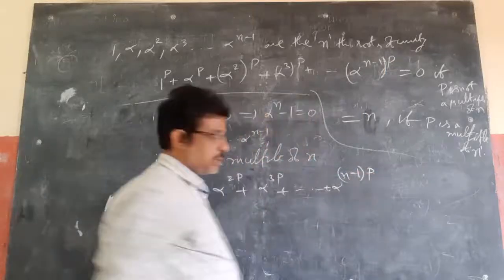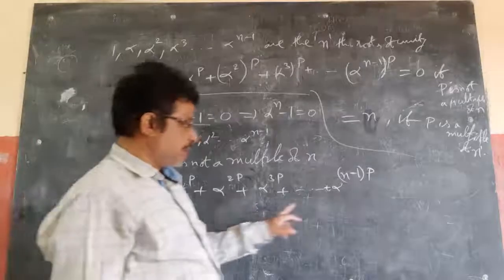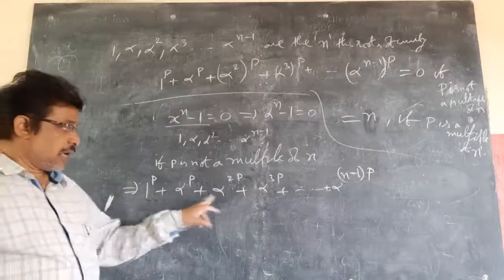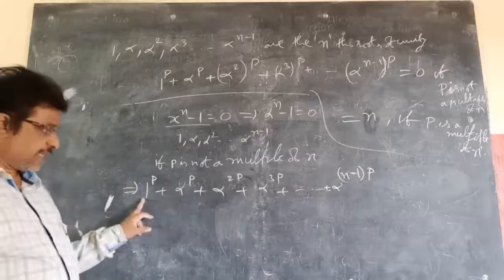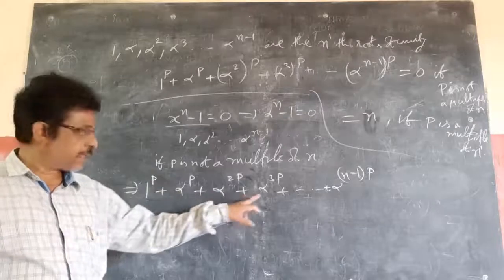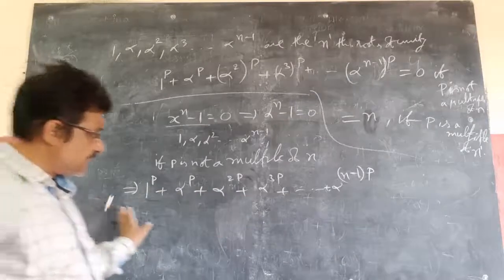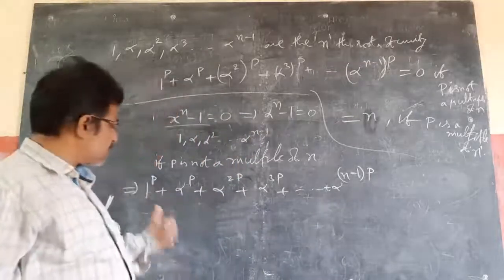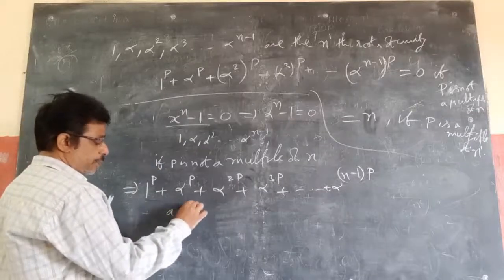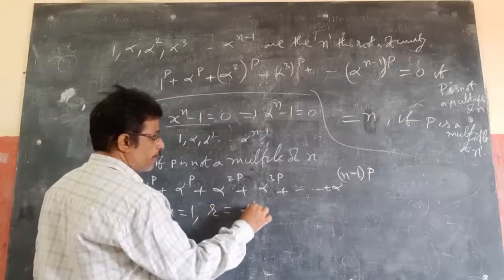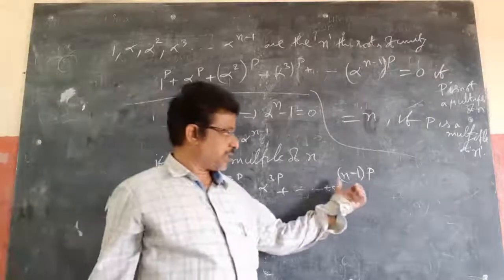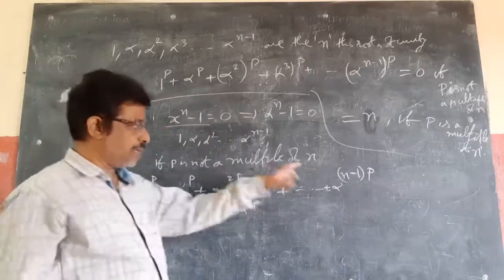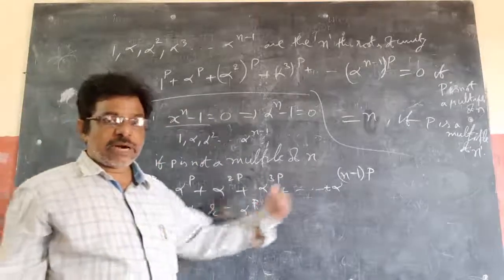This value we need. See, if you observe, this is a GP whose common ratio is alpha power p. This by this is alpha power p, this by this also alpha power p, this by this also alpha power p. So this is a geometric progression whose common ratio is alpha power p and first term is 1. So a is equal to 1 power p, that is 1, and the common ratio r is equal to alpha power p. Like this we have n terms, from 0 to n minus 1, so n terms are there. So this is the sum of a GP of n terms.